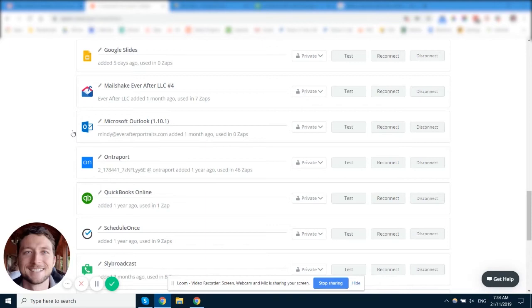So today I want to show you a neat little trick in case you ever want to change the access or the owner of your Google Sheet account or your Google Docs account or any other sort of file sharing service, and you've got a whole lot of Zaps that you've built off of that integration, and you really don't want to change all those Zaps individually, so you just want to do it via a really quick and easy,